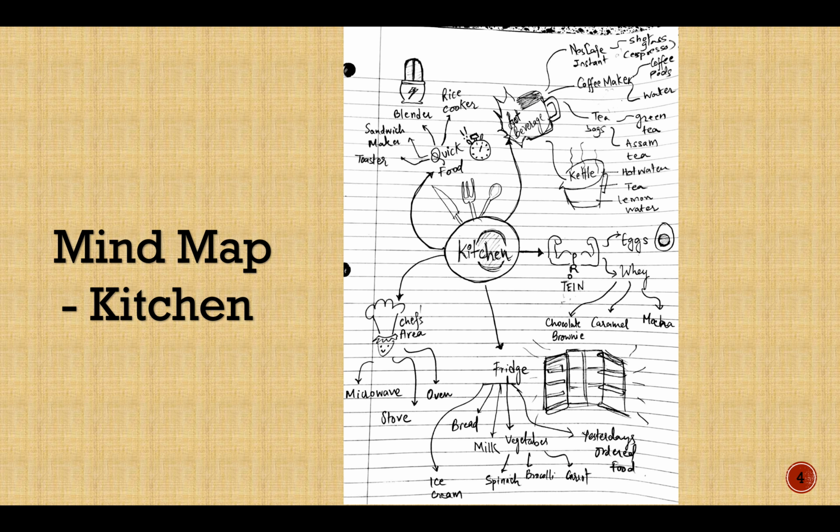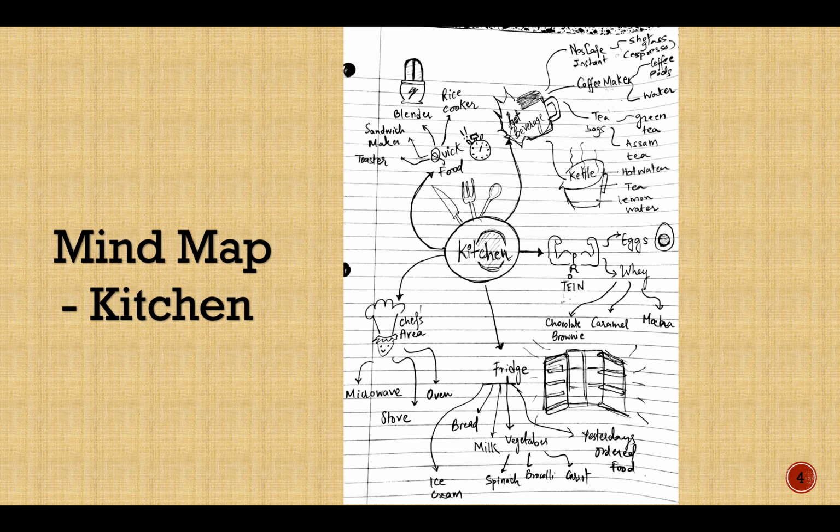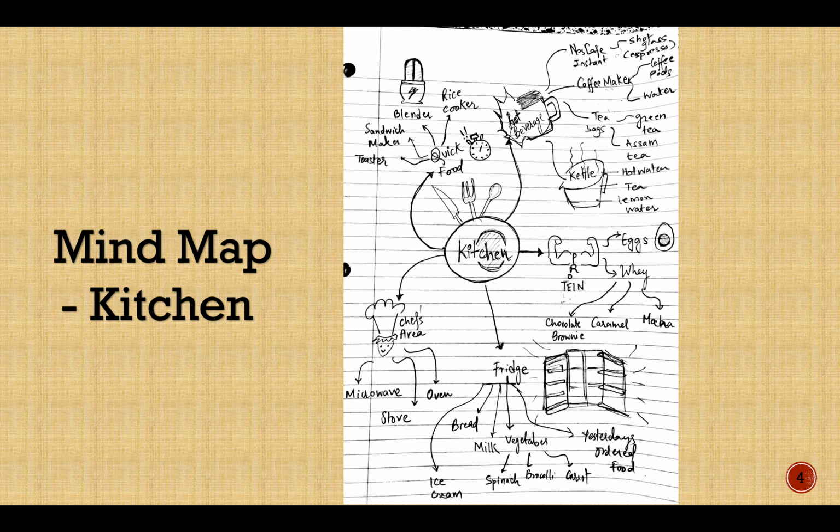Then back to the image, hot beverages. The image is basically a fire and a cup, in the right corner. There is an option for coffee, a lot of tea options, a kettle to boil, and also a coffee maker. Those are the same things I mentioned here. And then I have protein powders and stuff. So there's a whole section here with protein powder, and then eggs, which come under the protein section.